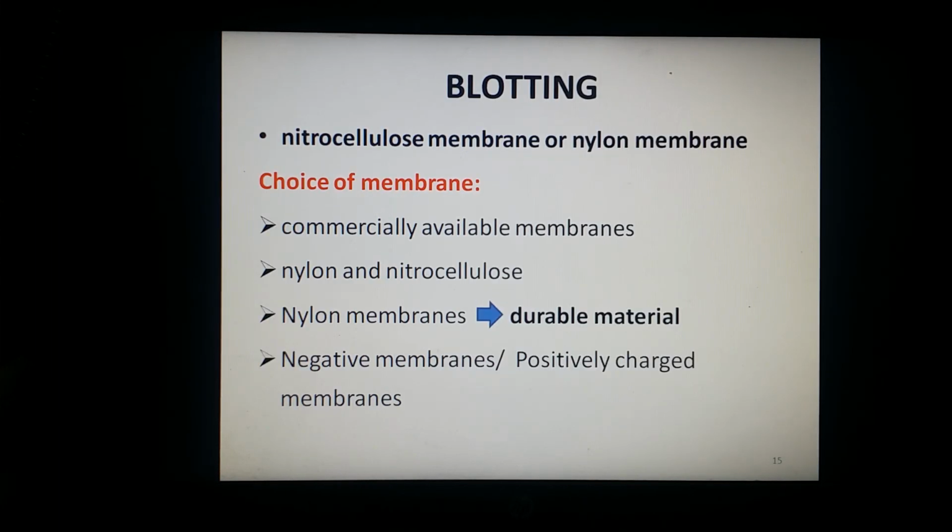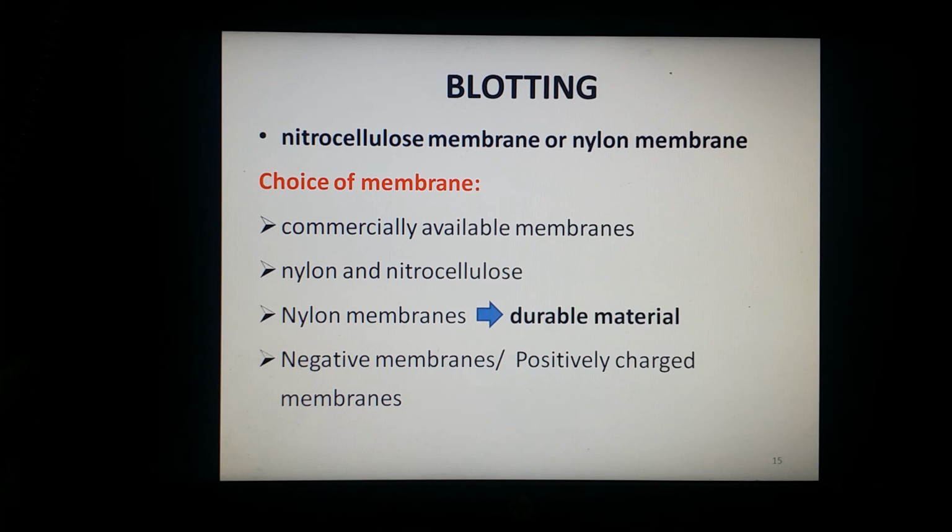The third step in northern blotting is the blotting step. Simply, blotting is a process of transferring the RNA molecules to the nitrocellulose membrane or nylon membrane. So it is basically the blotting step. And the choice of membrane: what membrane should we use? There are several types of commercially available membranes that are suitable for RNA analysis. These membranes are composed of different materials and they carry different charges. The common ones are made up of nylon and nitrocellulose,